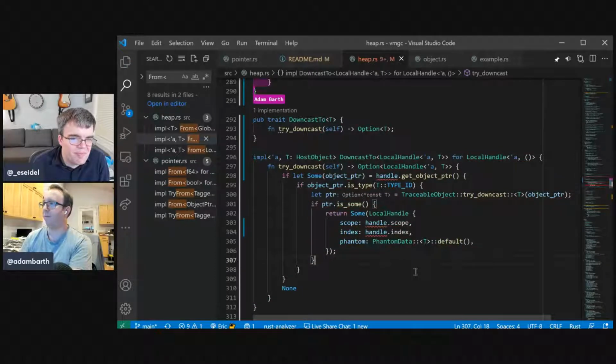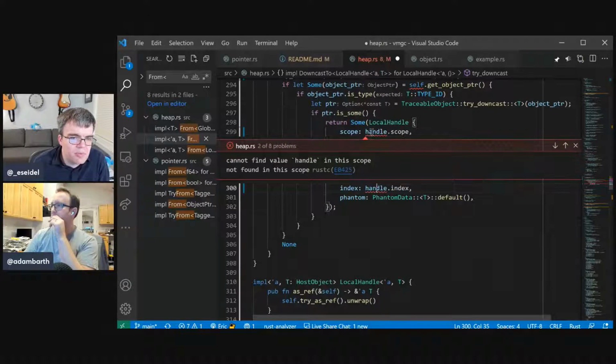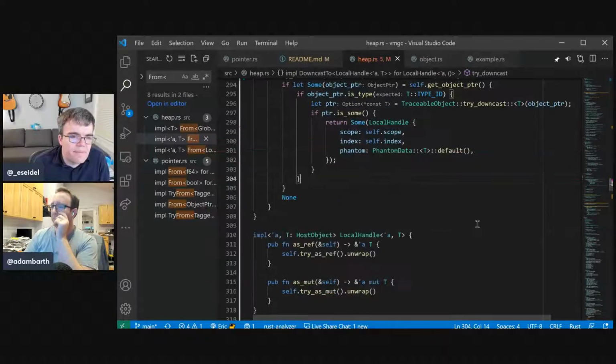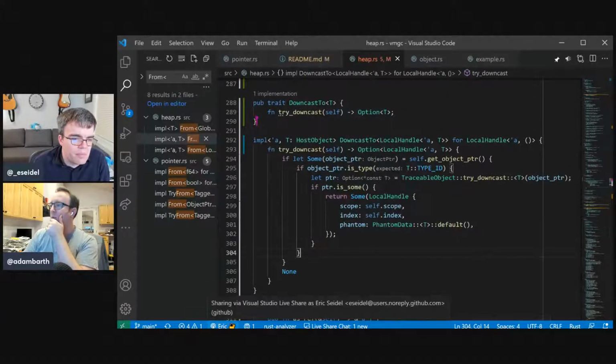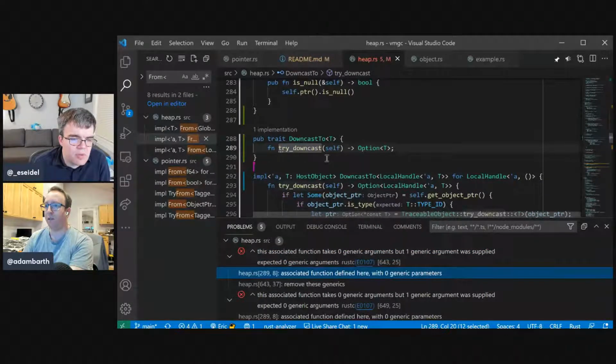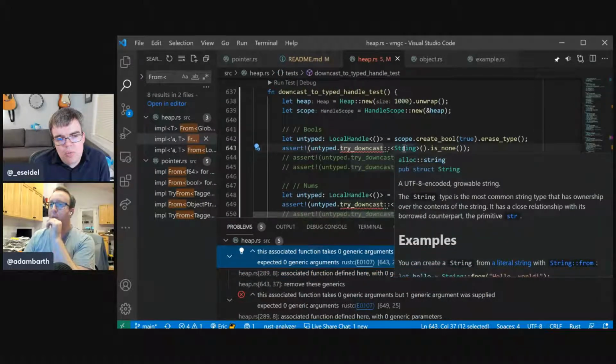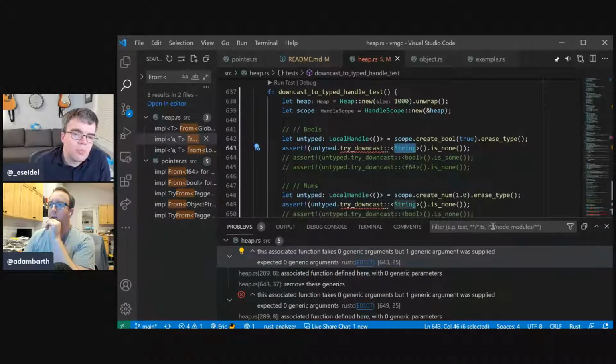We can get rid of this. Okay, and we change this from self. Oops. Is intended to be consuming. Might as well. Local handles are copyable, so. All right. So now this takes 0 global arguments. Takes 0 global arguments. Oh, you don't need the, yeah. Well,